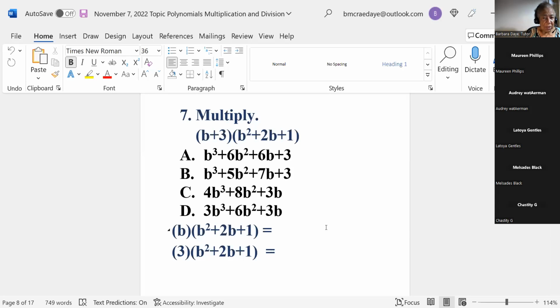Maureen, you did the first multiplication? Not yet. Mercedes, you did your first multiplication? Almost finished. And when I say first one, I mean just this term times this polynomial. That is b to the third plus